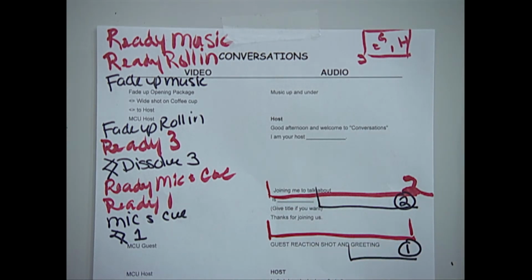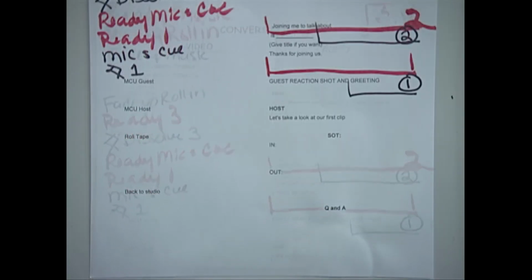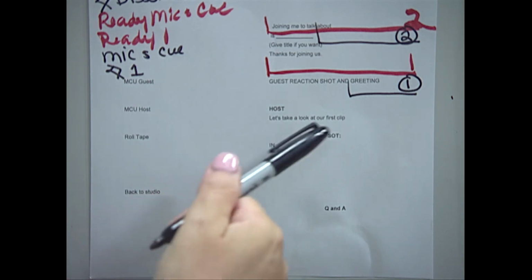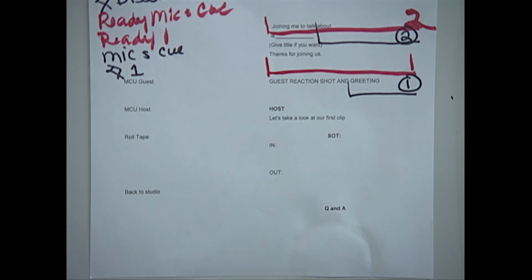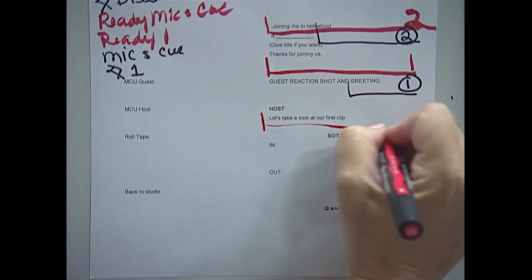Okay. Now our host is on camera. I'm going to pan down so we can see more of this. Host is on camera, and they are saying, let's take a look at our first clip. So what the host is doing is he's telling, or she's telling, the director and the technical director and audio that we're going to look at a clip. So people are going to have to start making things happen. So as the director, when they're starting to say this, we are going to say,